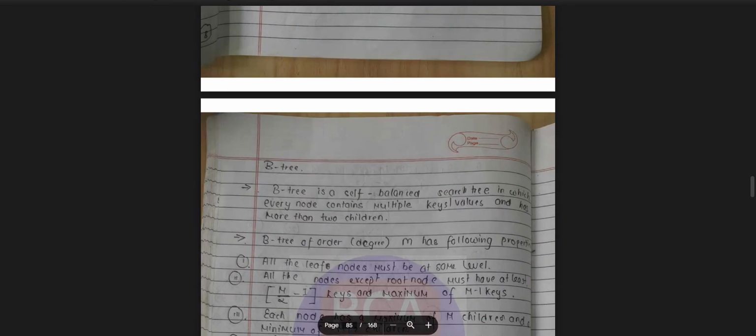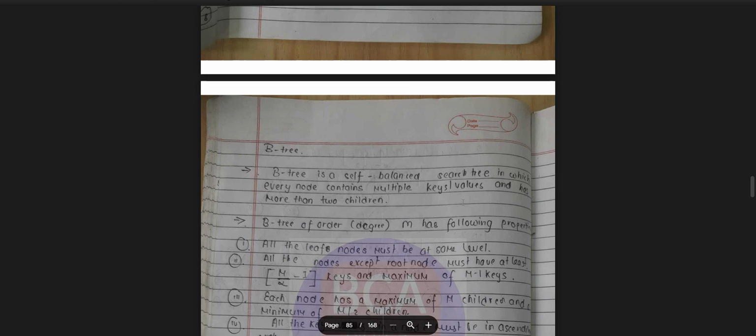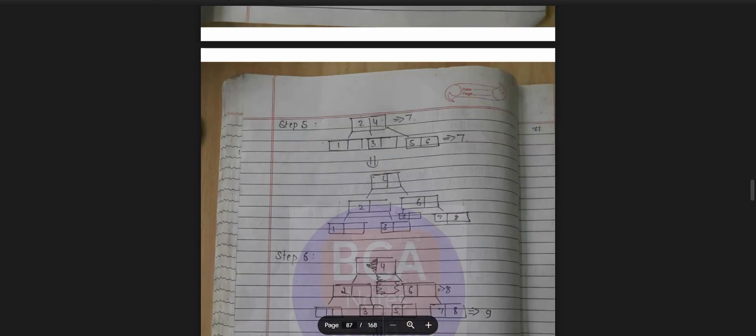Step 3: 30 80 20 60 80 20 70. B-tree: a self-balancing tree in which every node contains multiple key values and has more than two children. A B-tree of order m has the following properties: all the leaf nodes must be at the same level, and all the nodes except the root node must have at least